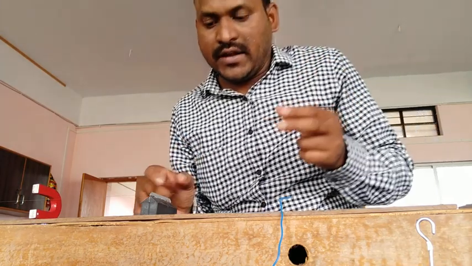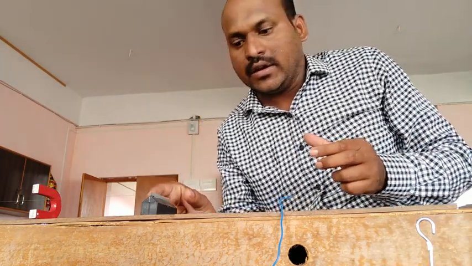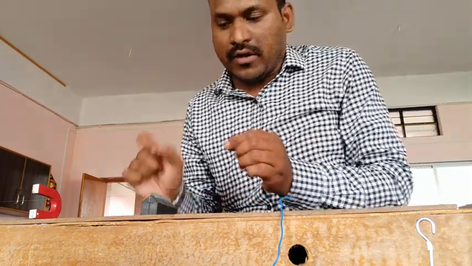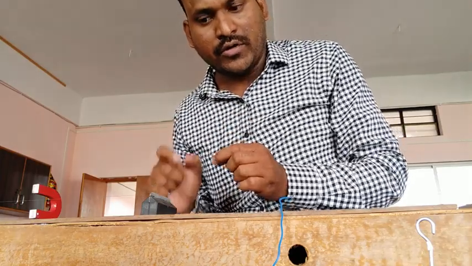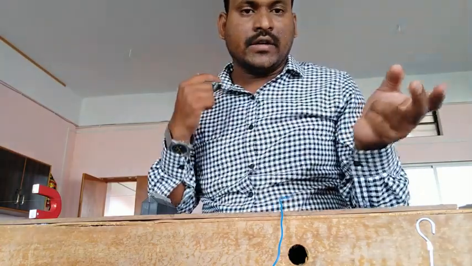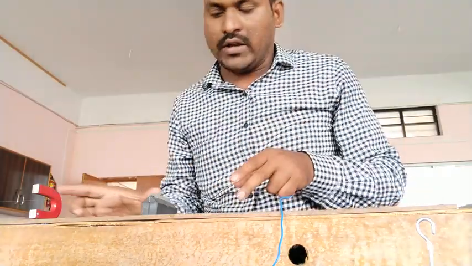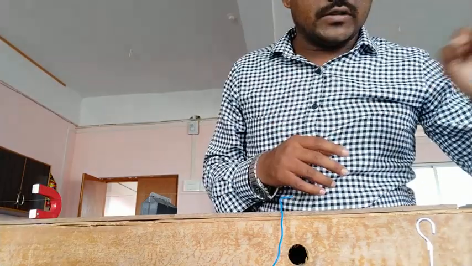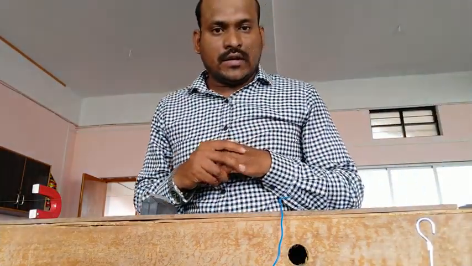After that, I vary the two movable bridges a little bit, where we again get maximum amplitude or maximum vibration. I will note this also and take the average of these two values, and the last column is root T, the root of the value of the tension. So this is one reading I completed.